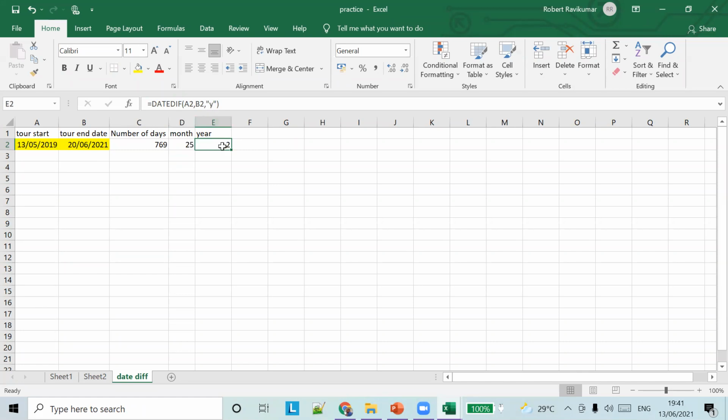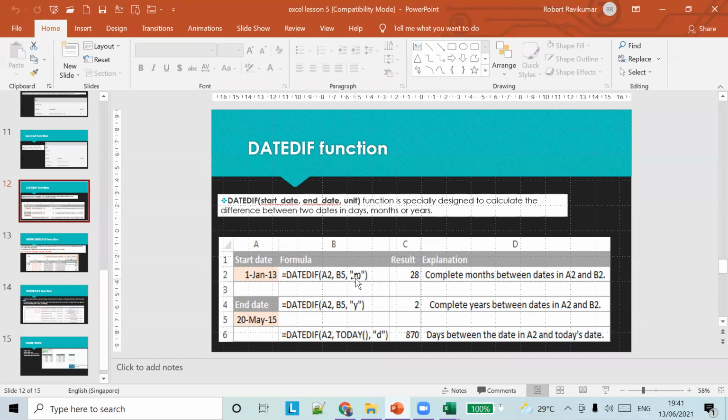If you want to find the year, in the third parameter you have to pass Y. For the difference in days, you pass D. You can see in this example also: if you want the complete months between the dates in A2 and B2, the difference is 28.